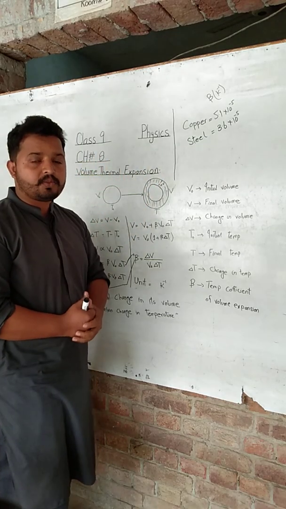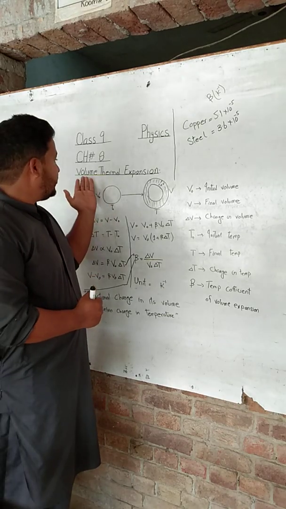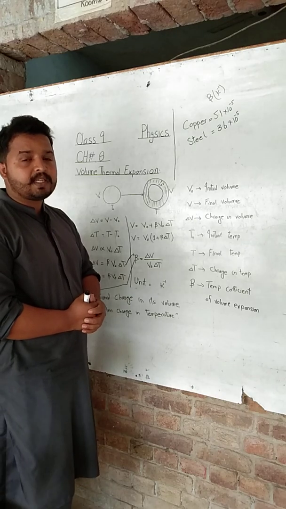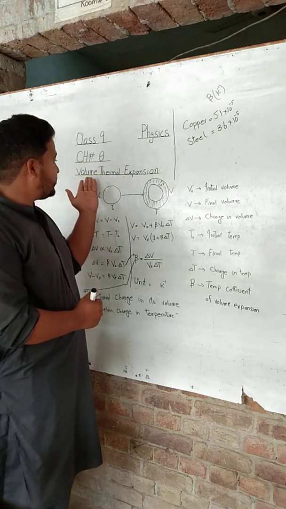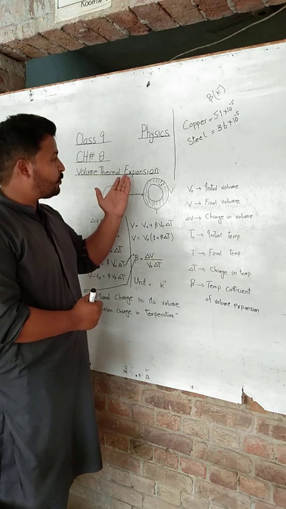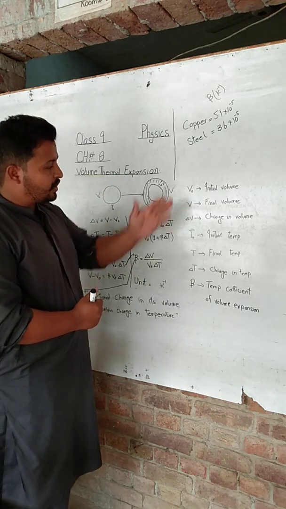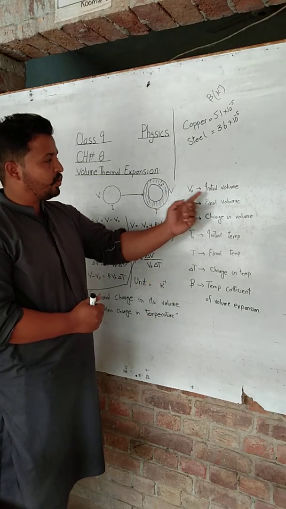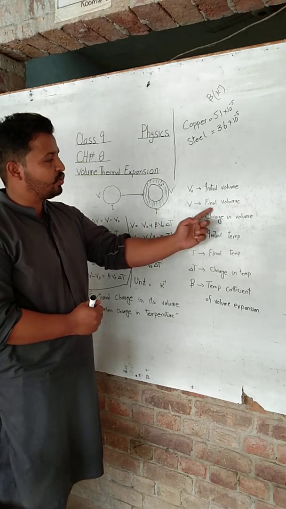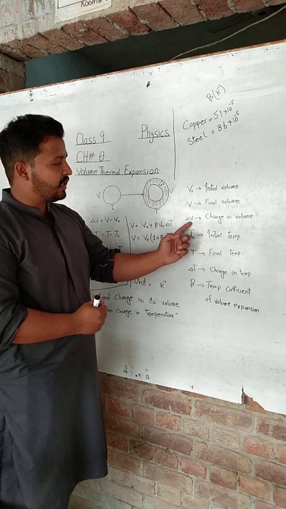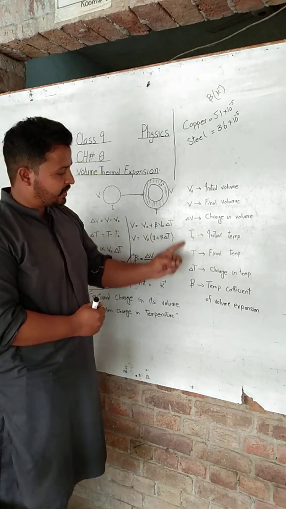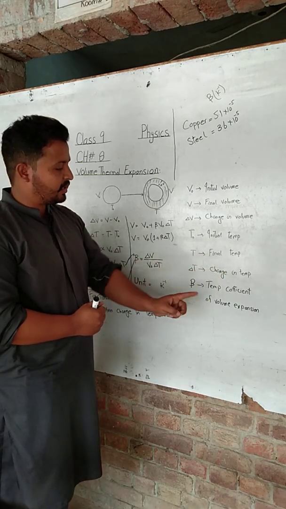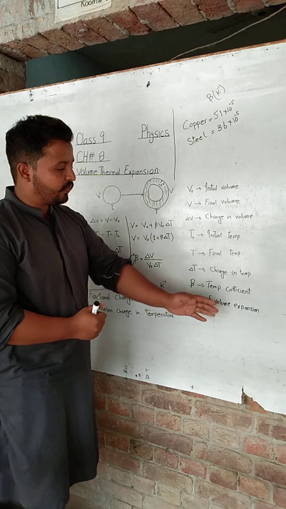Thermal expansion. Students, in the last video we discussed linear thermal expansion, in which we discussed change in length with the change in temperature. But today we will discuss change in volume with the change in temperature. So I will tell you some of the symbols. V naught shows initial volume, V shows final volume, and delta V is the change in volume. The same goes for temperature: initial temperature, final temperature, change in temperature, and beta shows the temperature coefficient of volume